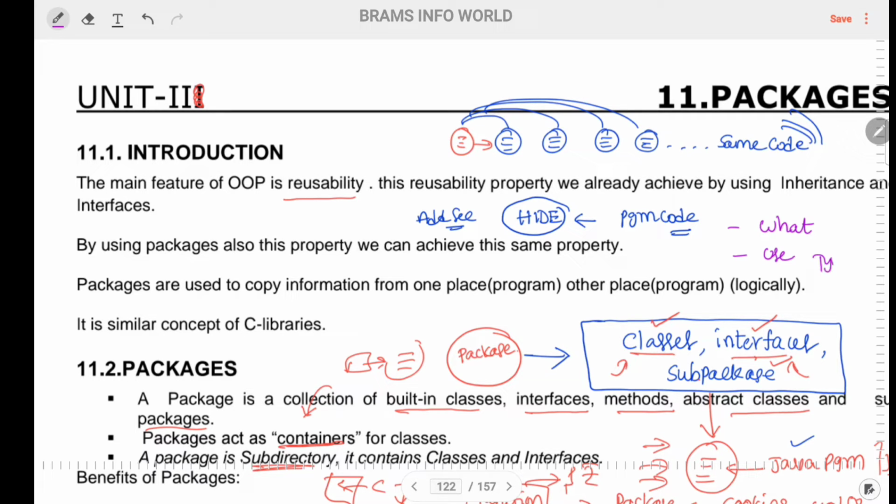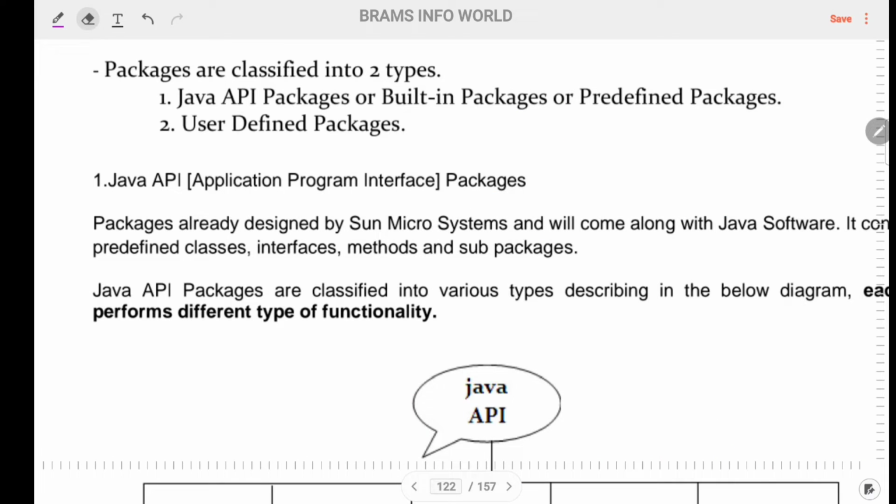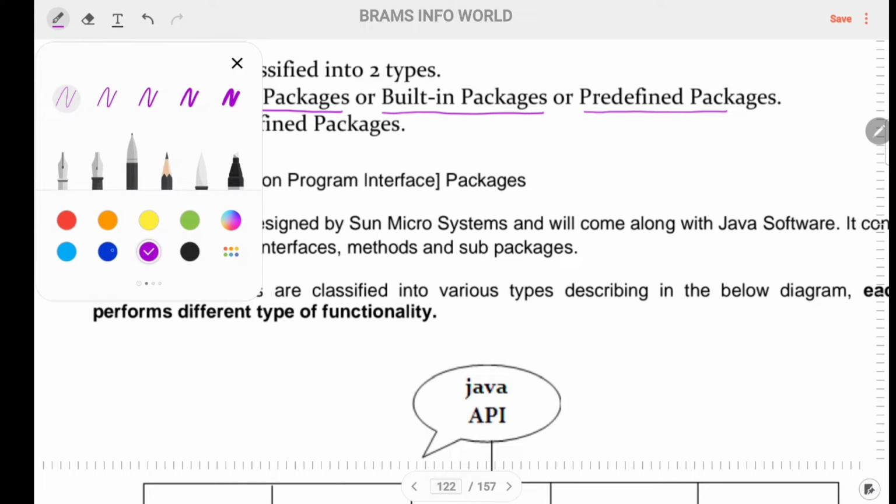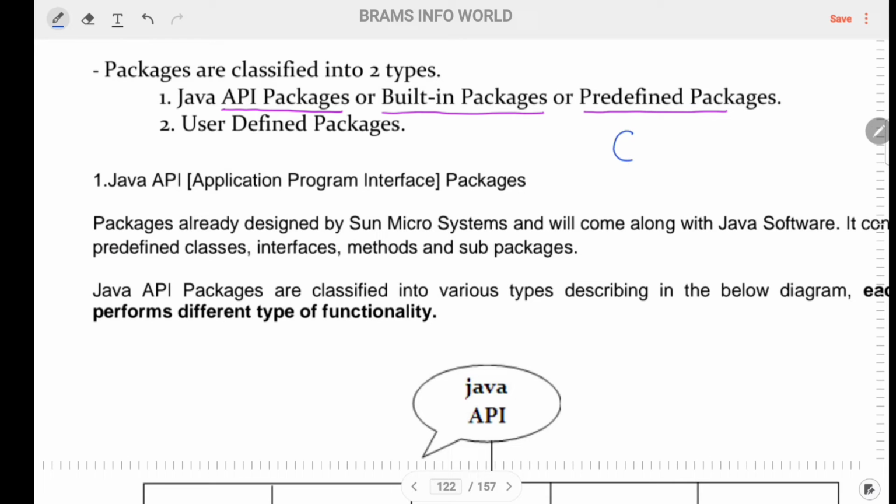So let us talk about types of packages. In the Java language, packages are of two types. One comes under Java API packages, which we can also call built-in packages or predefined packages. What is the meaning of that? The package is already defined in your Java software. While installing Java software on your system, you will get all the packages.